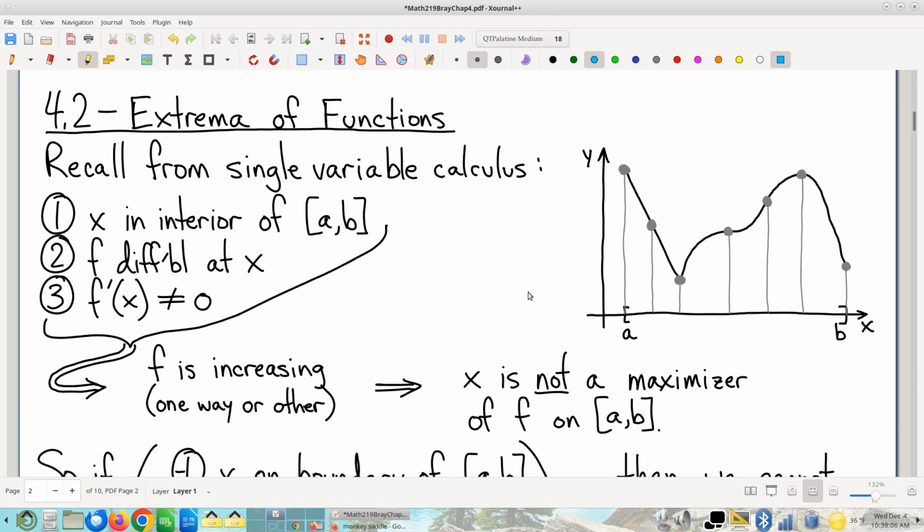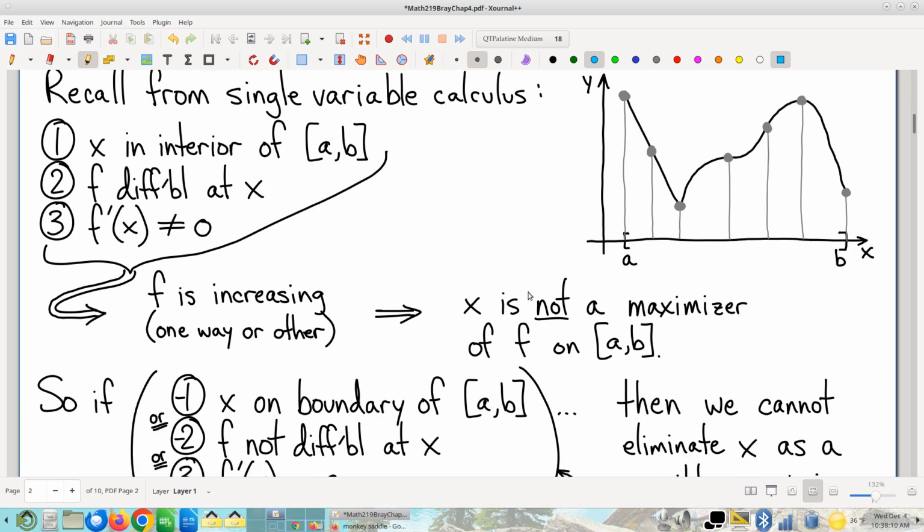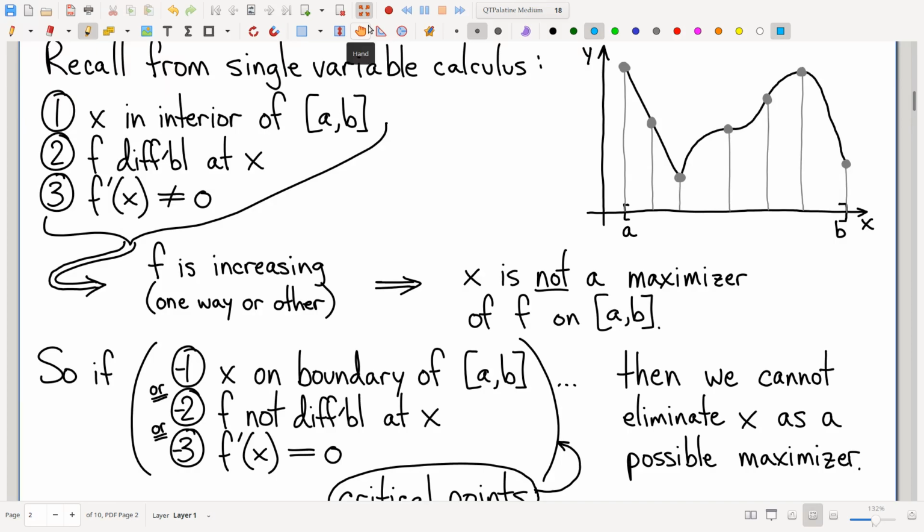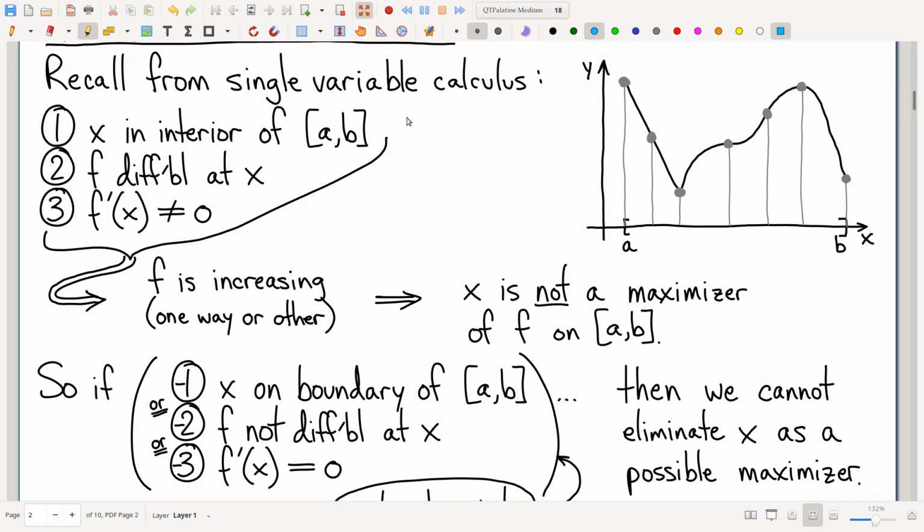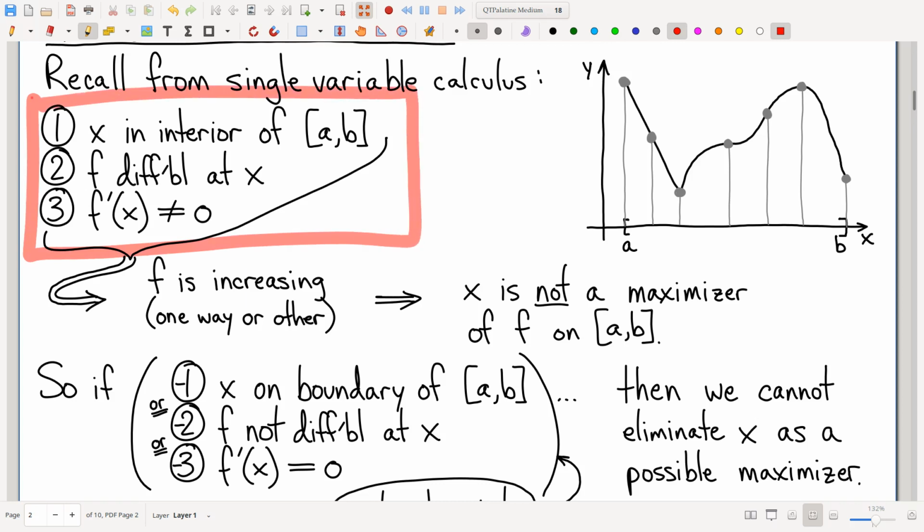Let's see, on to 4.2. Again, a quick little reminder of how this works in single variable calculus. In single variable calculus, if you want to do an optimization problem, you want to find a local maximum. I'm going to give you a take on this. I think this is an important point of view, and that is that there is a set of conditions you can write down. Here they are, 3 conditions